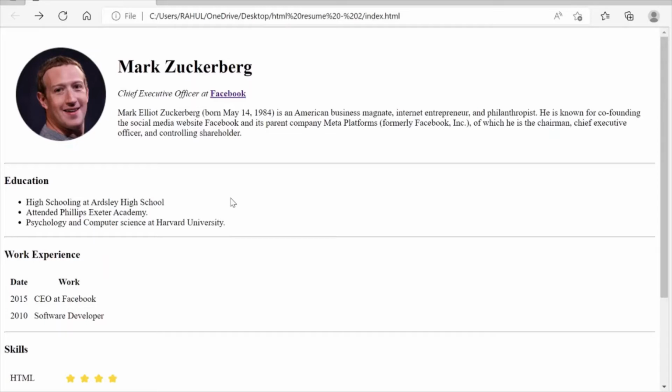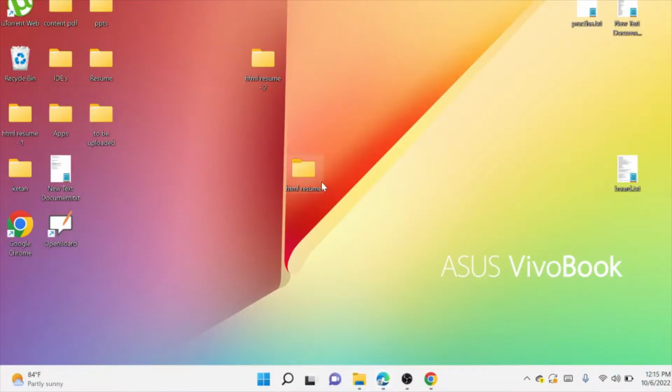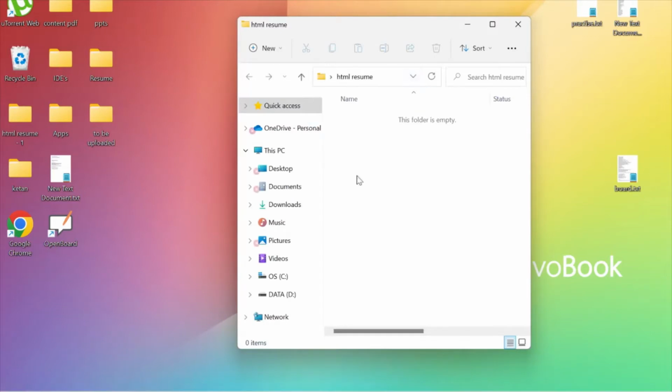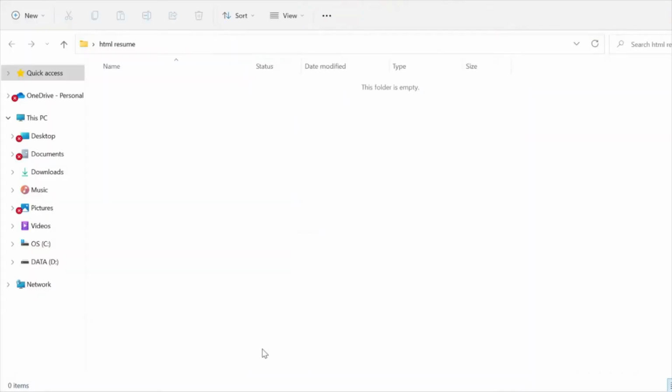So how are we going to start? Basically, what you need to do is, initially you need to create a folder. Okay, so I have created an empty folder with the name HTML resume, right? So nothing is there at this moment in this folder. Now what I'm going to do is, I'm going to code in VS Code. So you can take the code editor of your choice. If not, you can use VS Code, as VS Code provides very good functionality for coding.